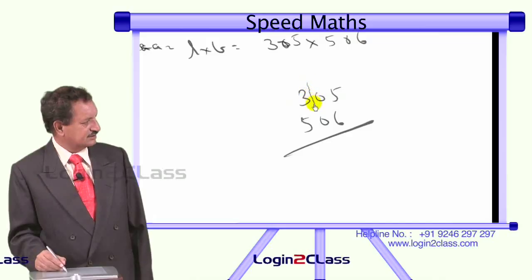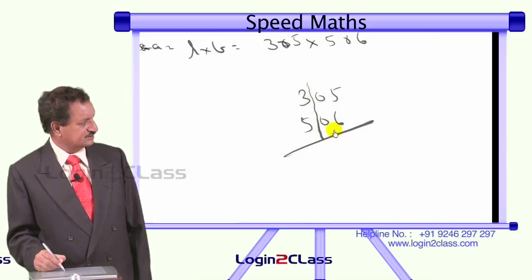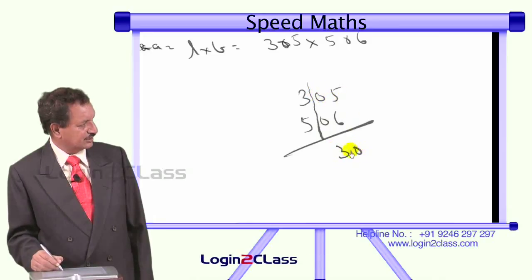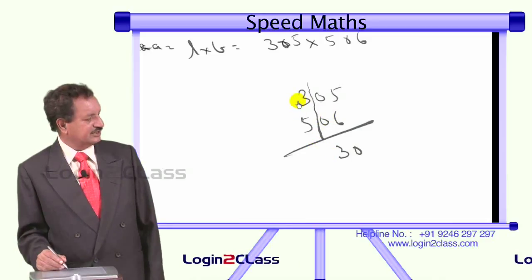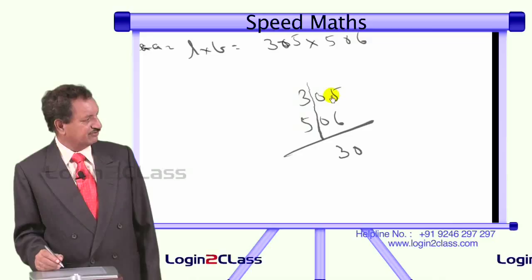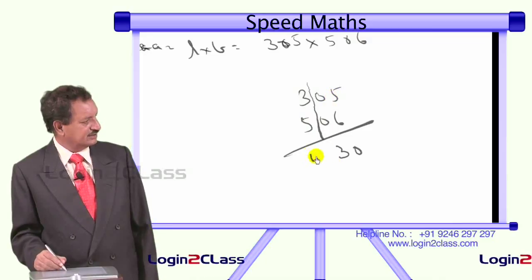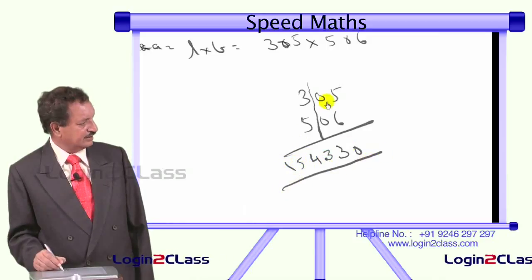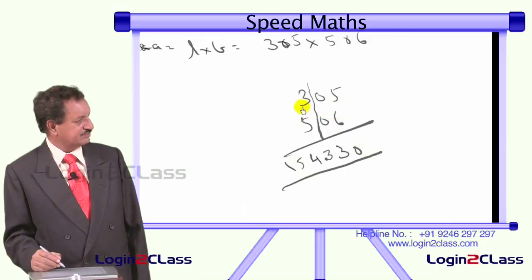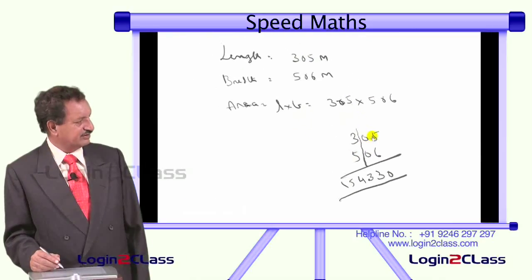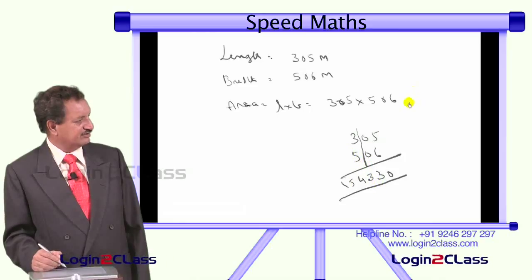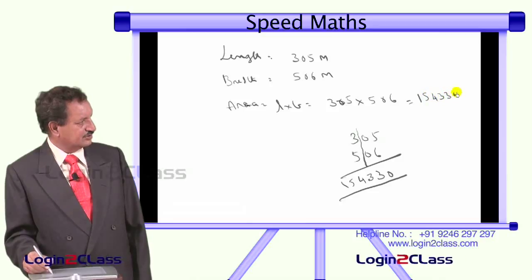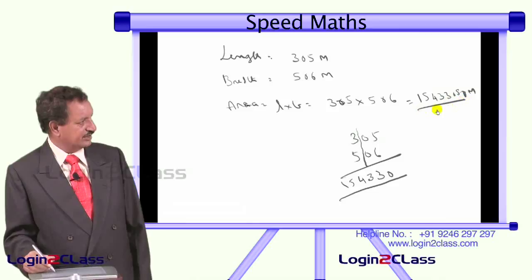But in speed math, that is not necessary. We do it immediately like this. 6 5s, this is 0. 6 5s, 30. Okay. Now 6 into 3, 18. 5 into 5, 25. 25 plus 18 is 43. And 5 3 is 15. Okay. It is over. So 6 5 is 30. Cross multiplication 6 3 is 18, 5 5 is 25. 25 plus 18, 43, 5 3 is 15. So the area is 154330 square meters. Like that, wherever it is necessary.